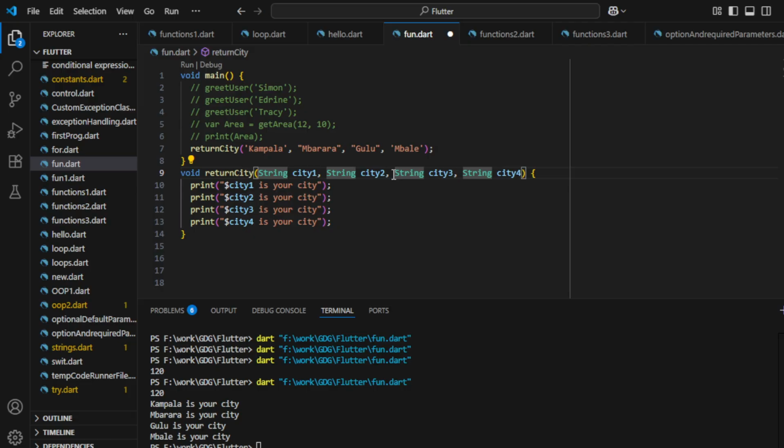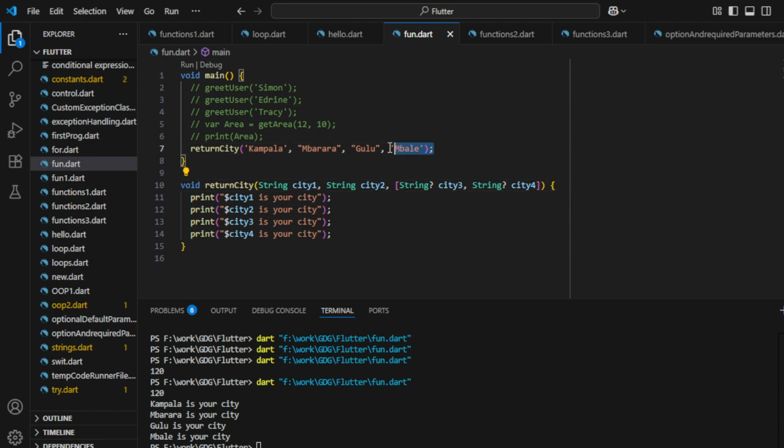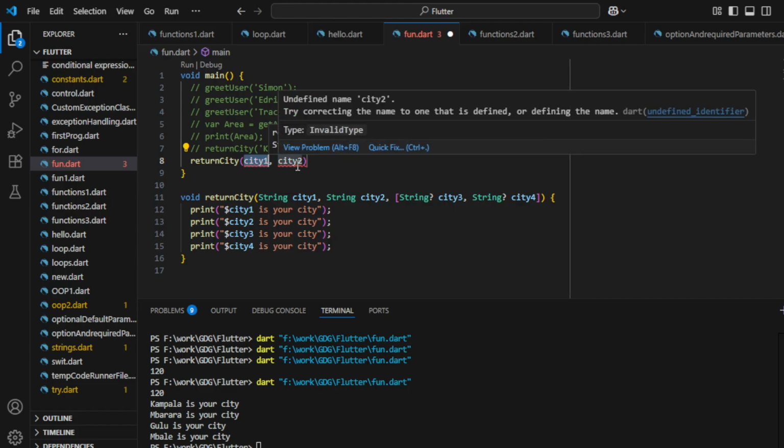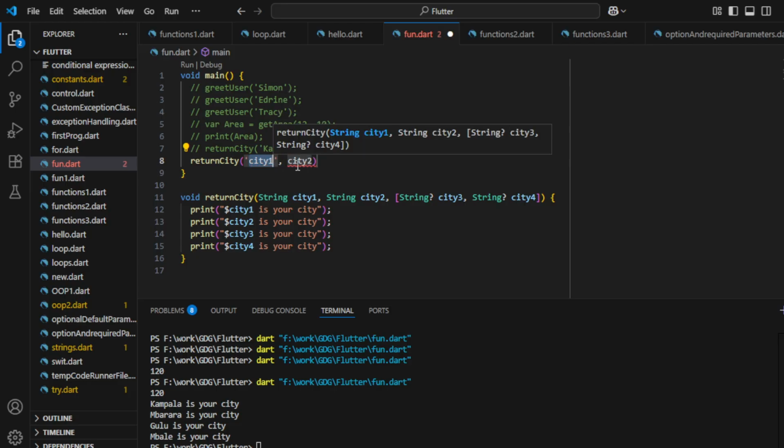So for that case, we use this. Okay, it is throwing an error there. We can use that to avoid the error. That question mark there is for bypassing that error. So when I save this, let me comment this and try to call it again, return city. You can see it is showing me only two parameters that I must enter. So I can enter my Kampala